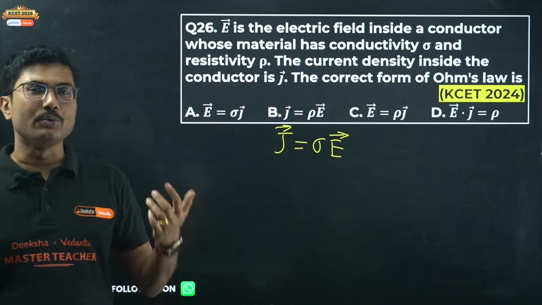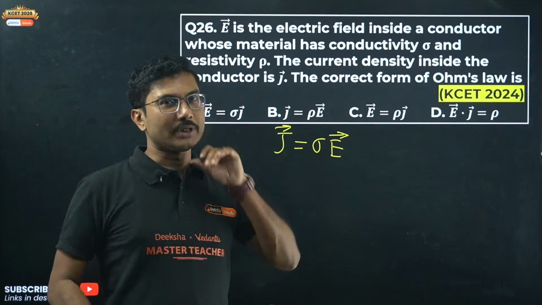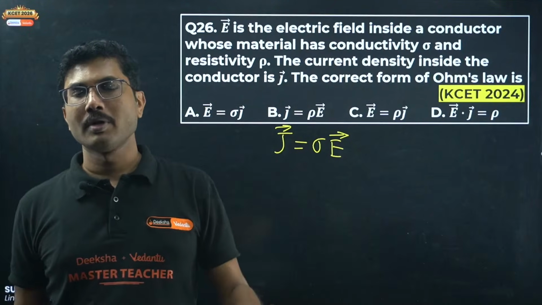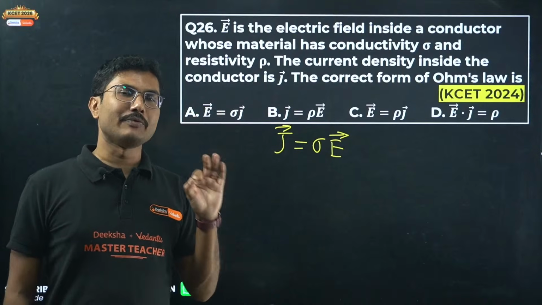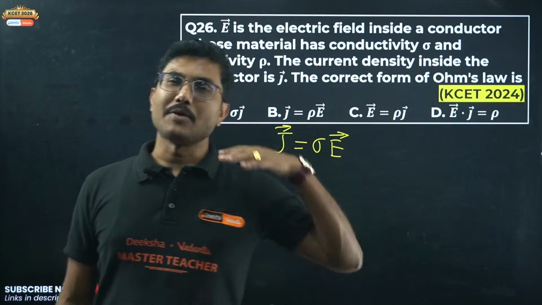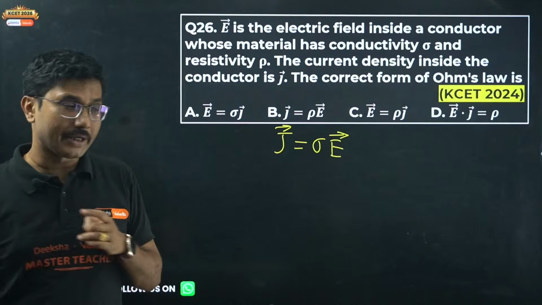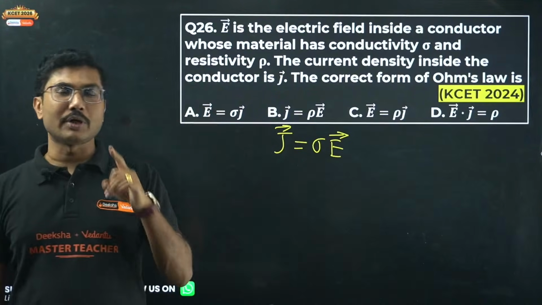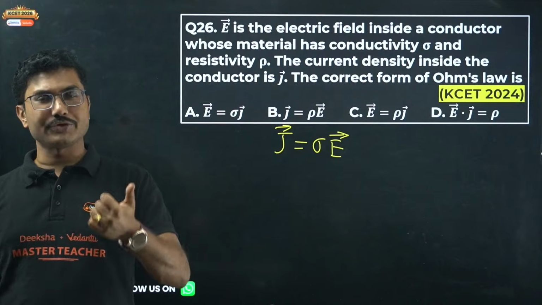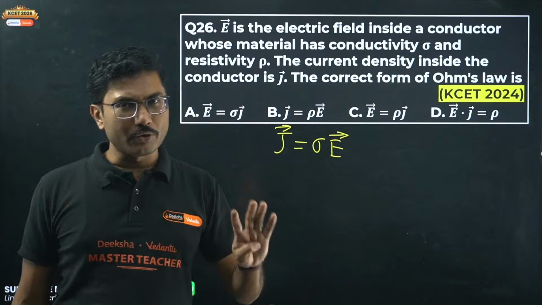In second PU, all chapters are more weightage than any of your PU1 chapters. Minimum 2 questions will come from each chapter, except electromagnetic wave chapter. Electromagnetic wave chapter only 1 question will come. Now if you consider the highest weightage, obviously current electricity, the chapter questions that we are solving right now, from that chapter alone you are going to get 6 questions. Then we have electric charges and fields chapter, 4 questions. Electrostatic potential and capacitance, minimum 3 up to 4 questions.